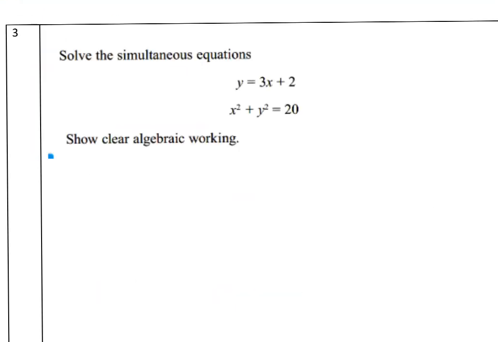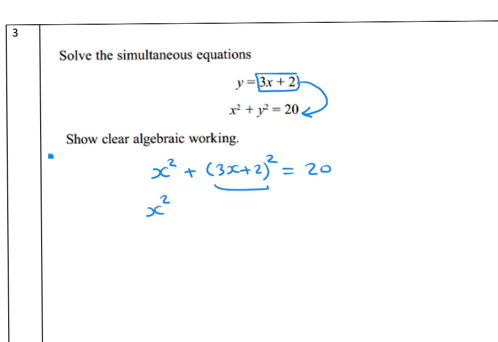Number 3, y equals 3x plus 2. This is the linear equation. Then substitute in the quadratic. So we have x squared plus (3x plus 2) all squared equals 20. Now expand this bracket. So x squared; 3x times 3x, 9x squared. 2 times 2, 4. The middle term, 2 times 2, 4, 4 times 3, 12, so 12x